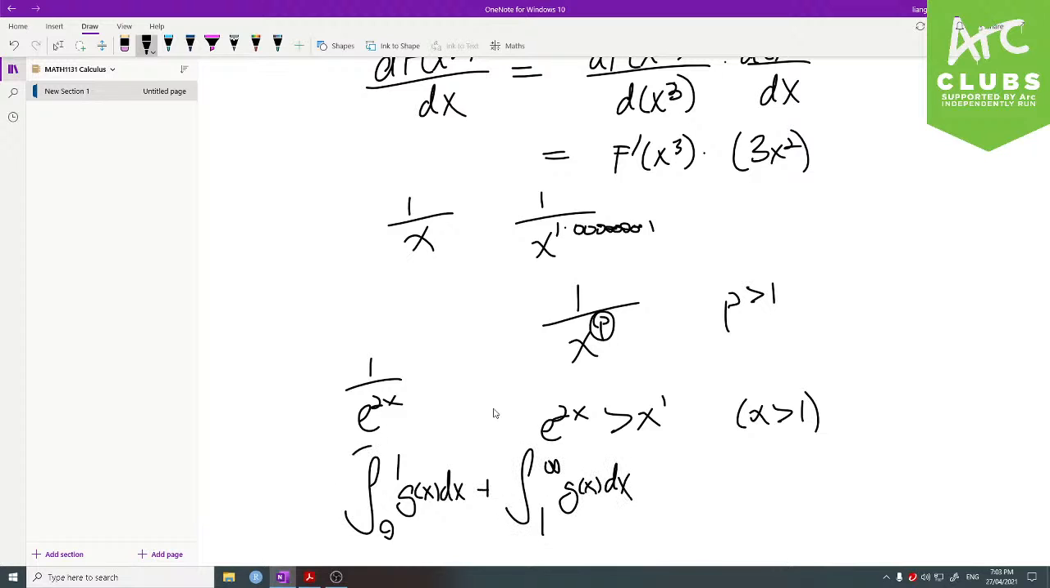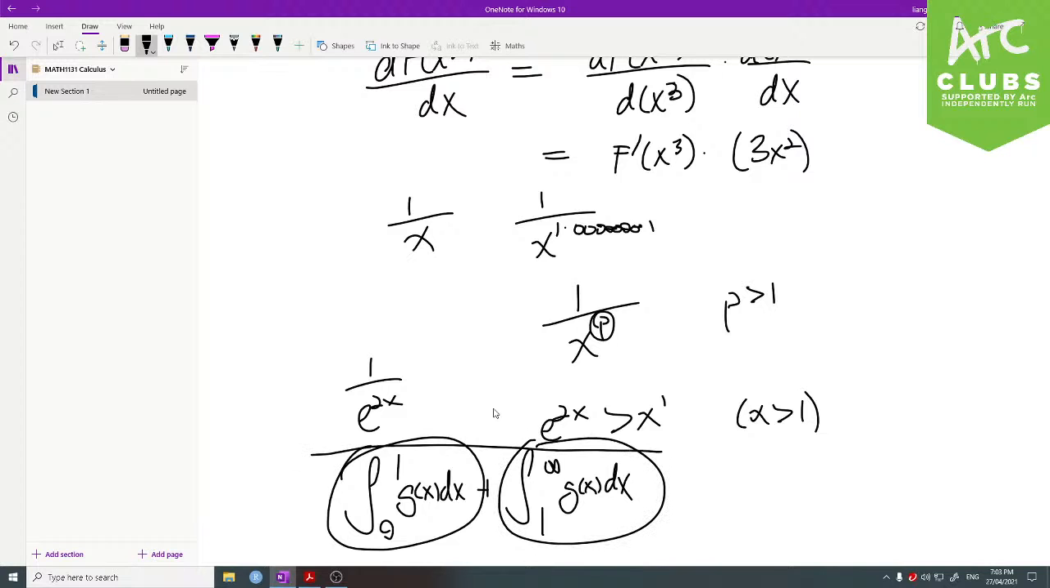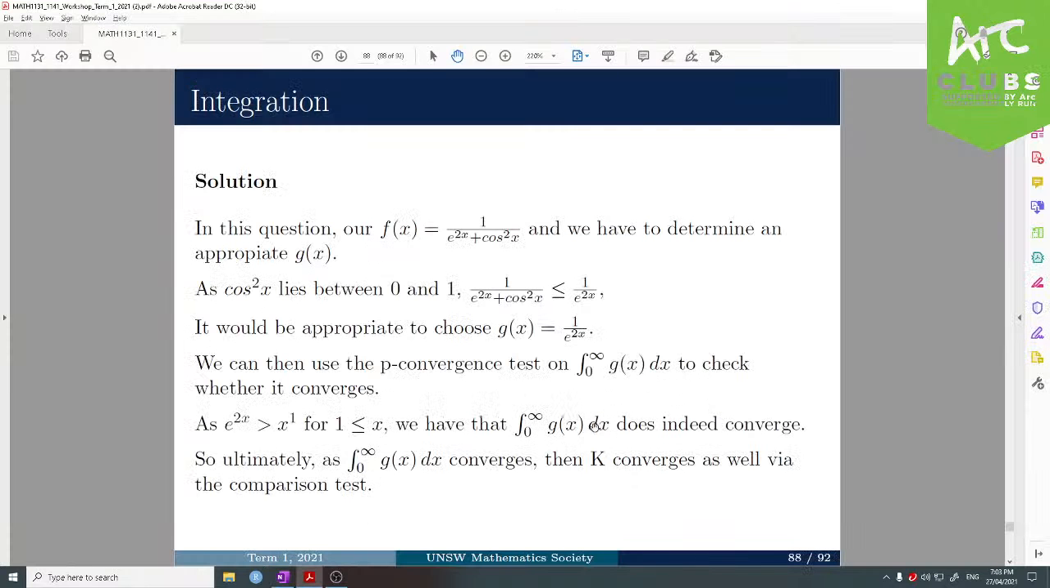So this is fixed, right? It goes from 0 to 1. So this will obviously be okay. And if we prove that this converges, then this entire thing will converge in the end. Okay. And so now that we've proven g(x) does indeed converge, we can then use the comparison test to say